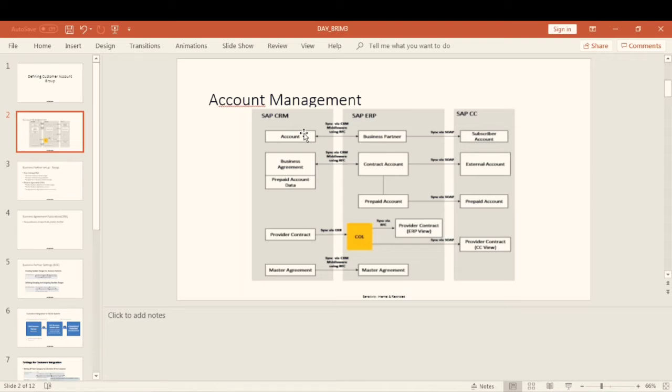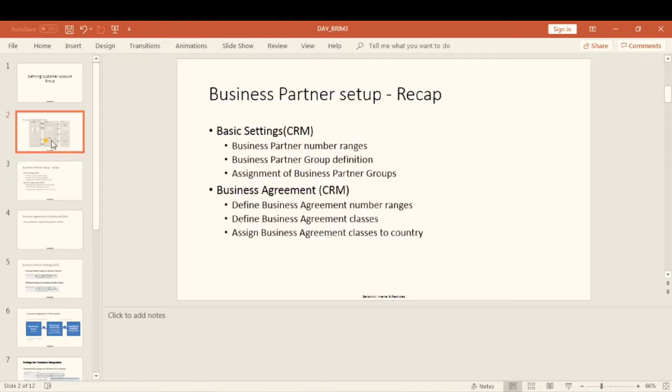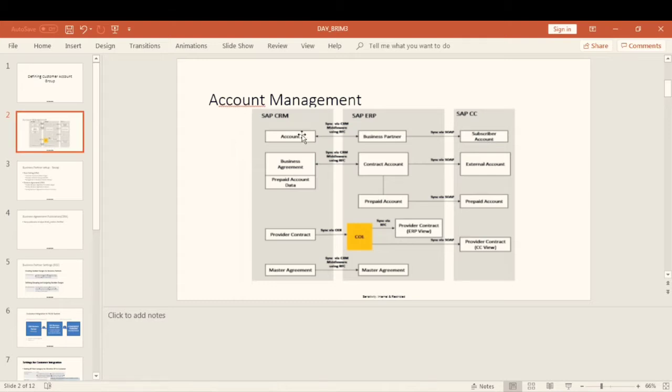Yesterday we learned the configuration steps to create a customer in the CRM system. First we activate the functionalities in the CRM system. If we want to change the bank details of the customer, that functionality has to be activated. If we want to change the business partner address, another functionality has to be activated. And if we want to change the contact person, a functionality has to be activated. First, we activate these functionalities in the CRM system. Then